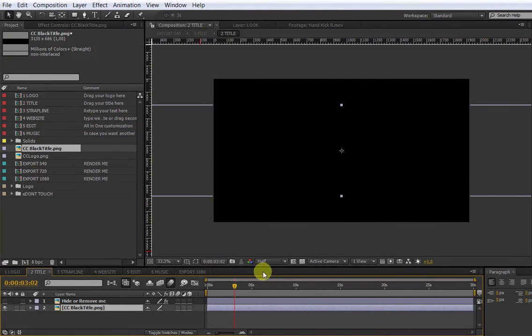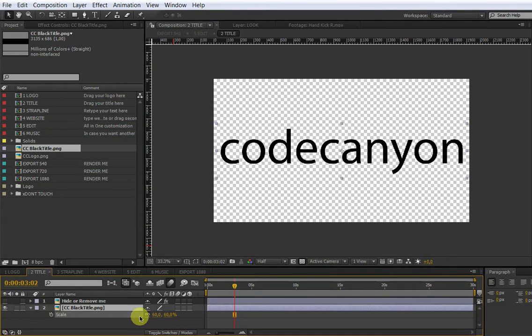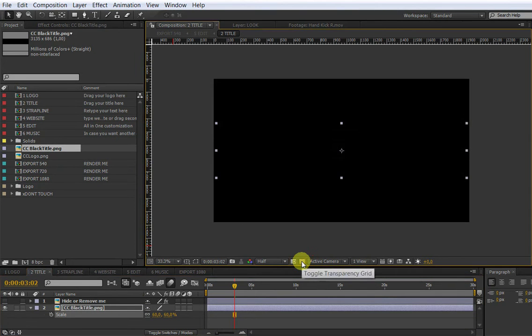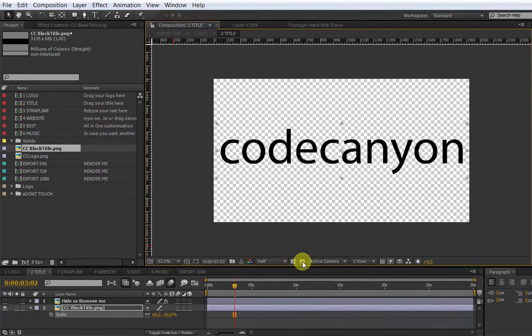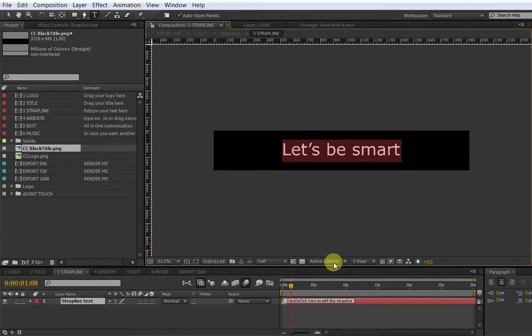Press S for scale. Oh, sorry, I took the black one, no big deal. Okay, so just S for scale and scale it down. You can always toggle this transparency to be able to see the black logo. Okay, so after that, you may edit your subline by just double clicking on this text and retyping